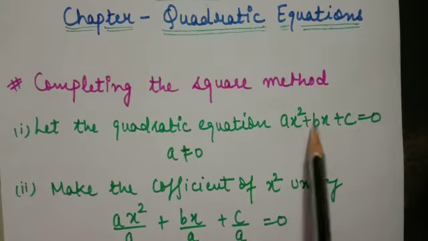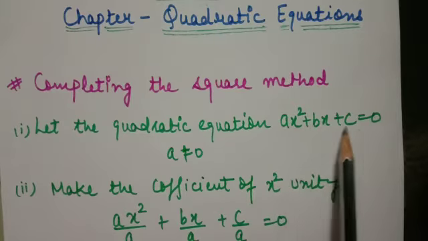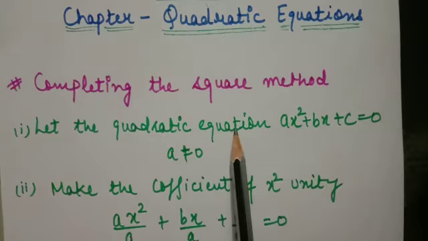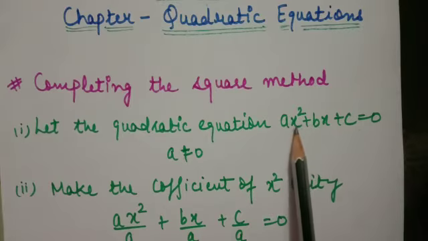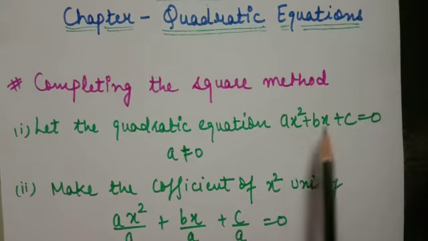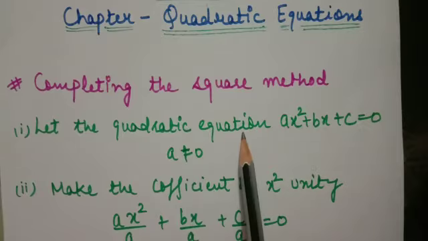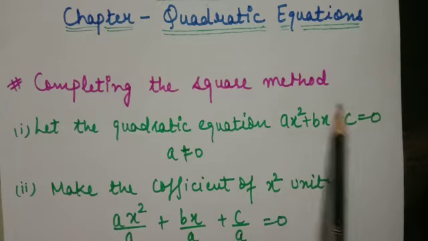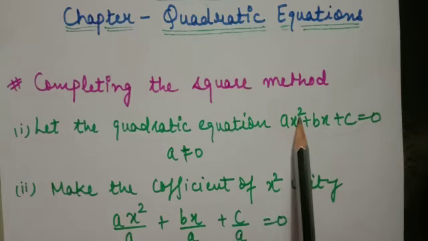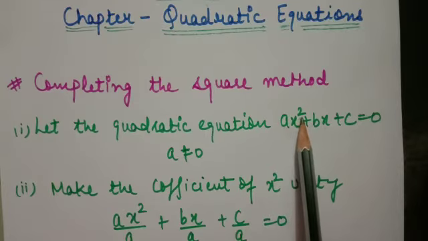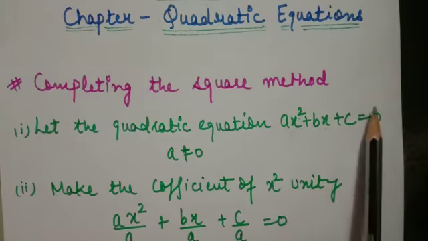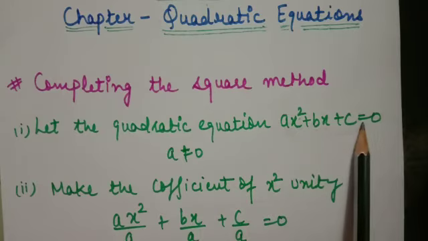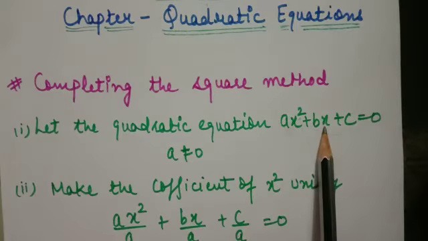First question is this, that what is x here, what are a, b, c here, and why we call it a quadratic equation. A, B, C are the constant numbers. X is representing the variable here. And this equation is a quadratic equation because the degree of this expression is 2. What is the degree? The highest power of the variable. So the degree of the equation is 2. That's why it is a quadratic equation. If we do not have equal to 0, then it is a quadratic polynomial. Now we have equal to 0, then it is a quadratic equation.